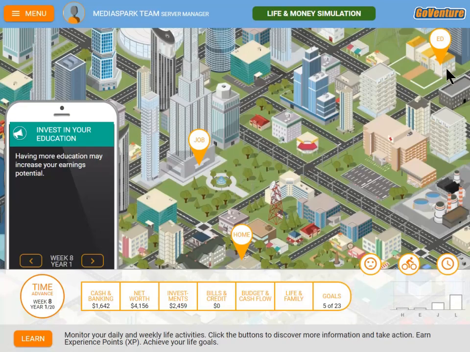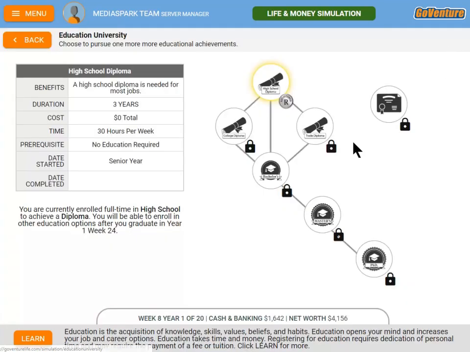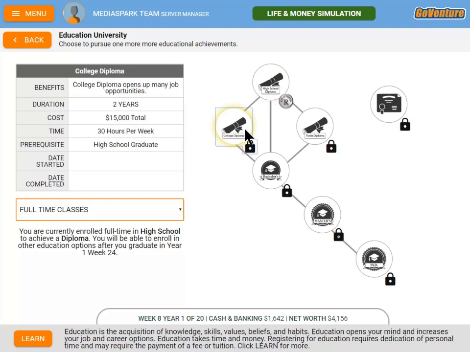If you want to upgrade your education, you click on the education icon, and you can see that you're currently trying to get a high school diploma, but then as you achieve that diploma, right now you'll notice there's a little lock icon because I cannot go to college because I don't have my high school diploma yet, but as soon as I do, these other options will unlock.